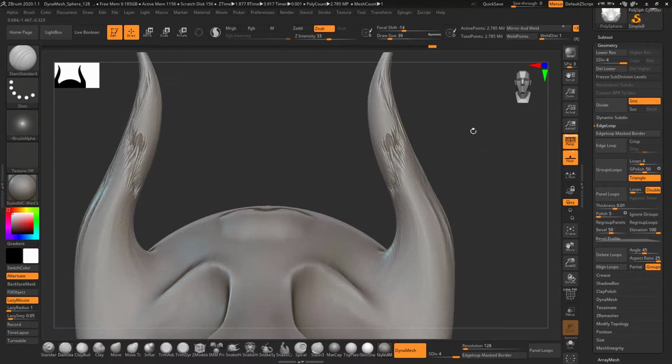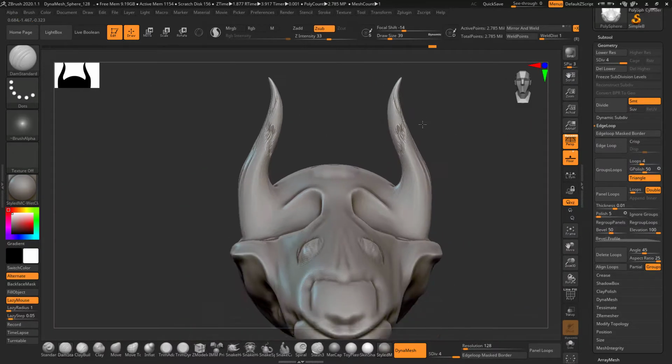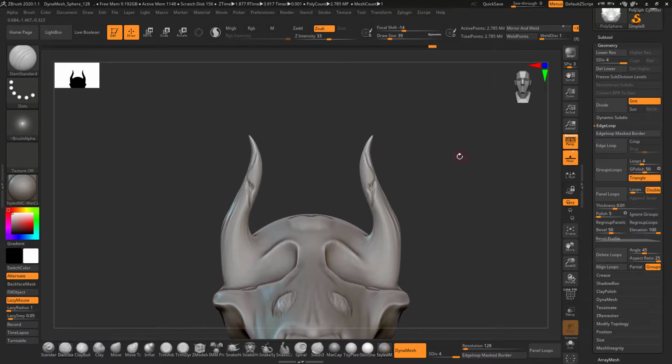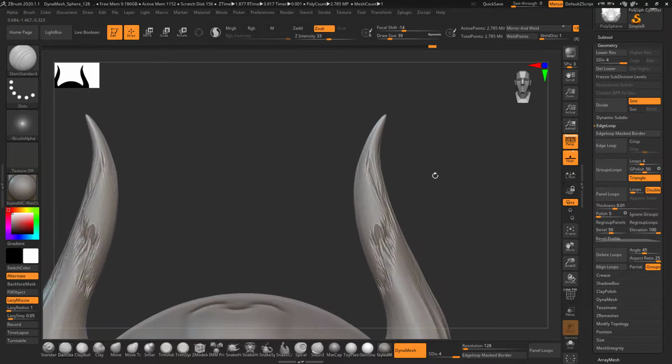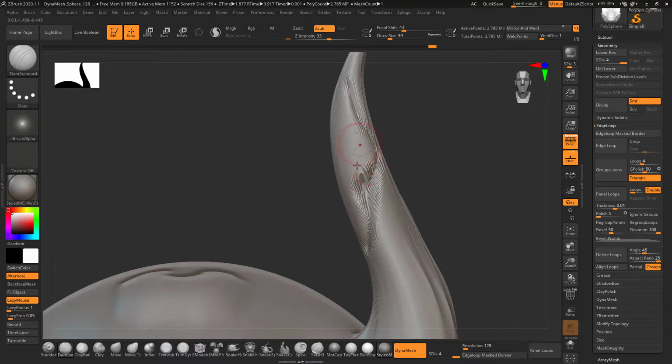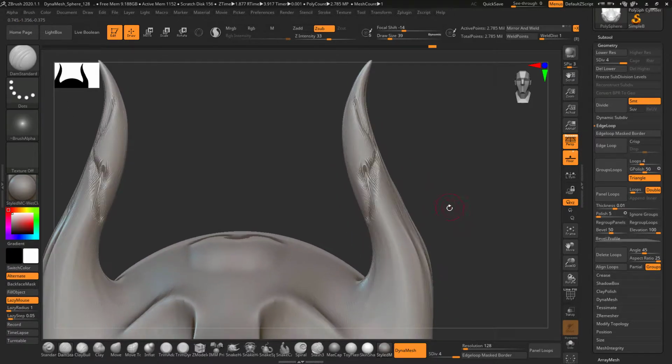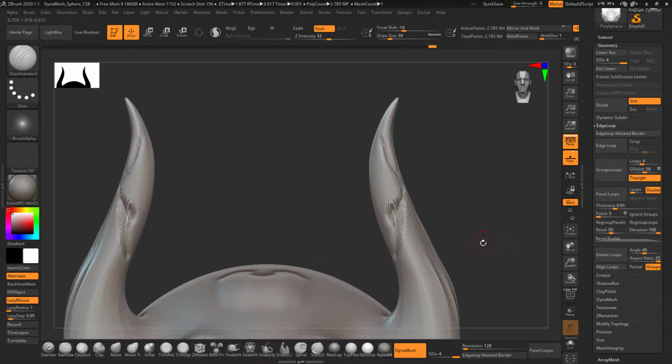But as you can see, despite subdividing the model two or three times, I still don't get a good result in this area. The main reason is that the polygons were stretched in this area, and because of that, whenever I subdivide the model,